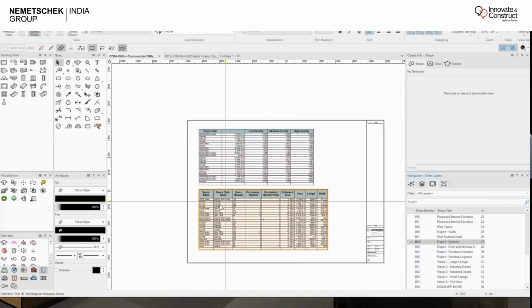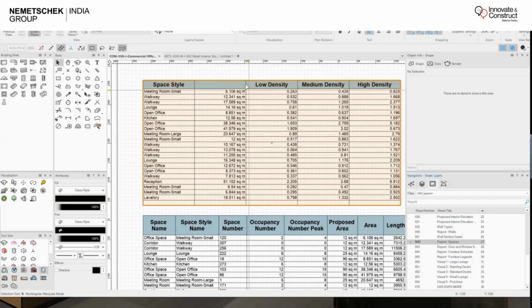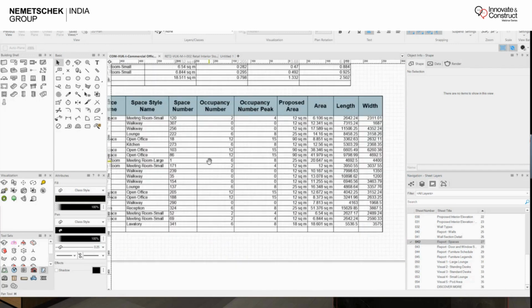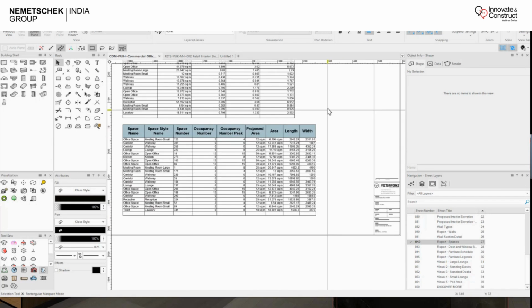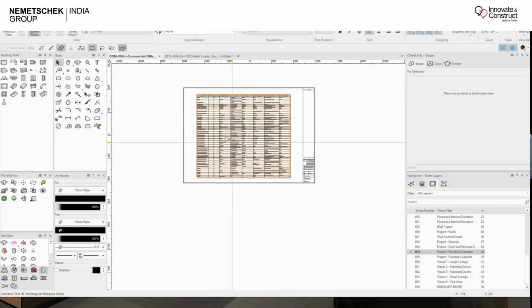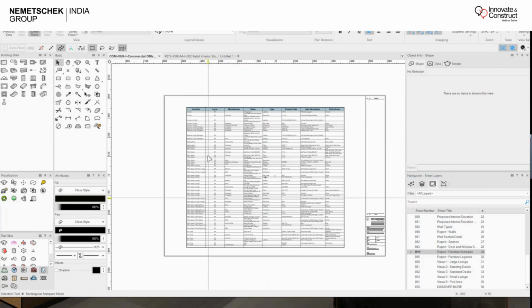Can also be added. Schedules can be created where you can add further custom data, your low density, medium density to high density as well, and then your overall area-wise length and width information. So all this information can be derived from the schedule, and then obviously lower schedule information. Then any kind of